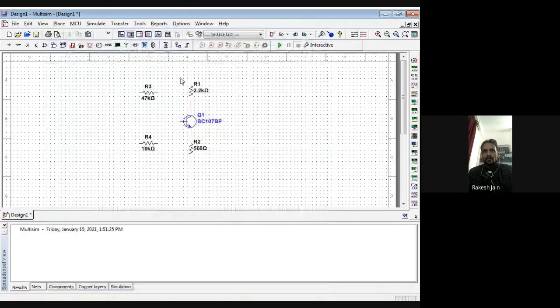Now shift them vertically. 47K at the collector side and 10 kilo ohm at the emitter side. You can see. Now connect this second terminal from the second terminal of this.